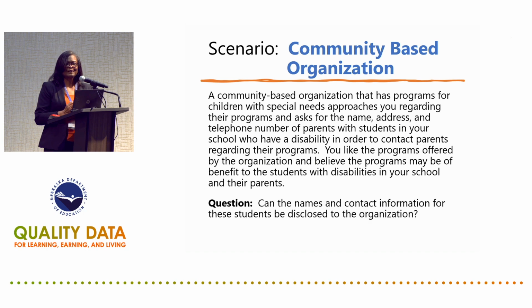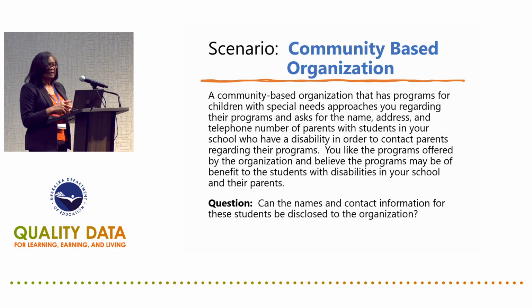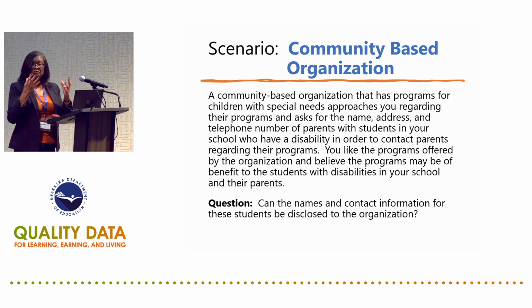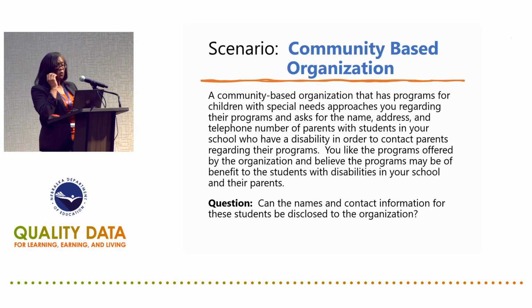I see some no's, and that's exactly right. Because why? You can't release directory information with non-directory information. This is like the scenario I mentioned earlier. Does it matter that name, address, and telephone number is a part of our data elements on your directory information list? If you release the names of these students, you have just also released the fact that they are students with disabilities, which is protected, as all information is, okay? So never release